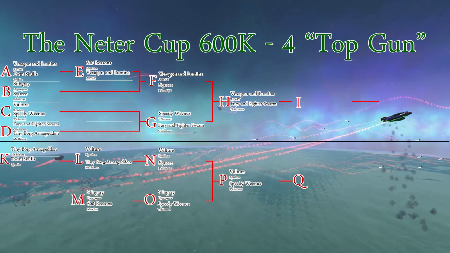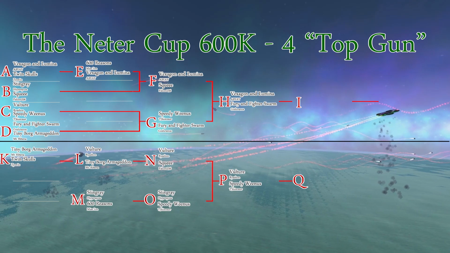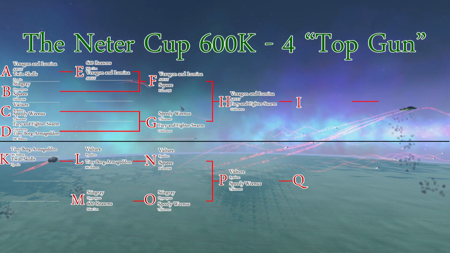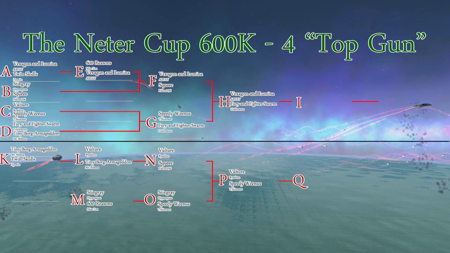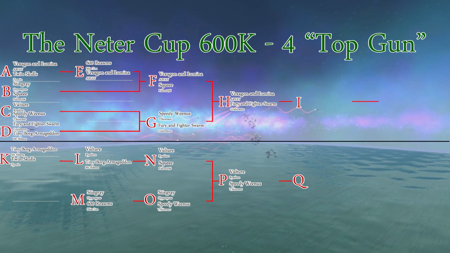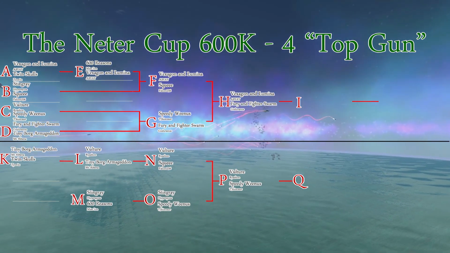And then following that, we will be doing the first of our two semi-finals, in which we will see the Vexagon and Lumina go head to head with the Fury Fighter Swarm. So let's not waste any more time with formalities, and let's jump straight on into that first match between the